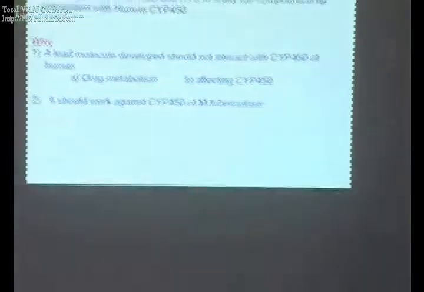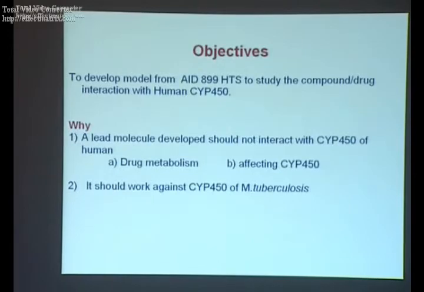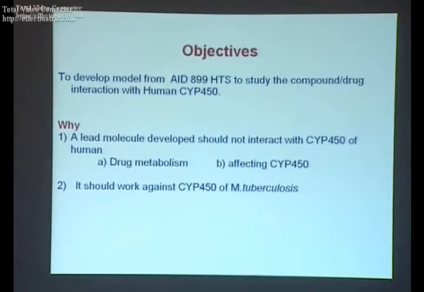For the second, we don't have data; we have not been provided data. For the first, they have provided data with AID 899, so that it should not interact with our CYP450. So we have a set of compounds which interact and do not interact with human CYP450. We are giving that into Weka and it will learn which compounds interact with human CYP and which will not. It will learn based on the descriptors. So the learning phase consists of descriptors.